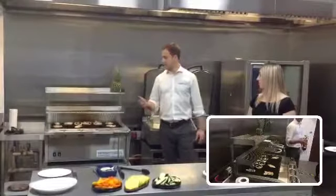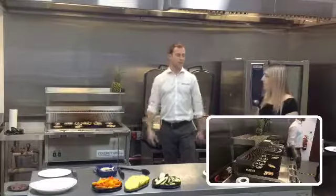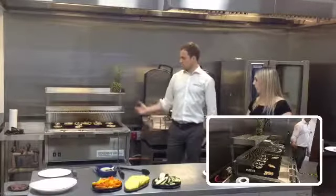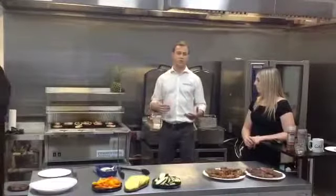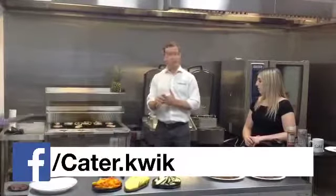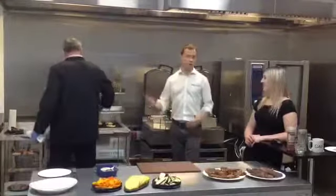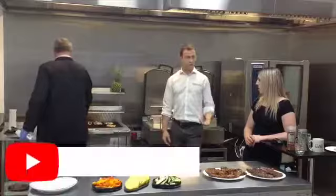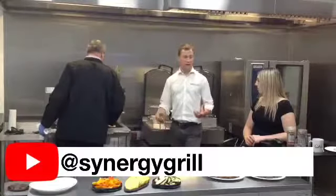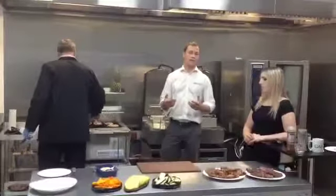We realised that rather than just coming up with a great piece of combustion and throwing it into a box to cook food on, there's a huge amount of science around thermodynamics, air distribution, air and gas combustion technology, and it's taken all of that time to develop, about 10 times the cost you may have expected. But it's very much been worth it. We have a very good reputation in the market, and we do a lot of repeat business because of that. Specifically, how that works is patented fuel injection combustion technology that forces air and gas together,